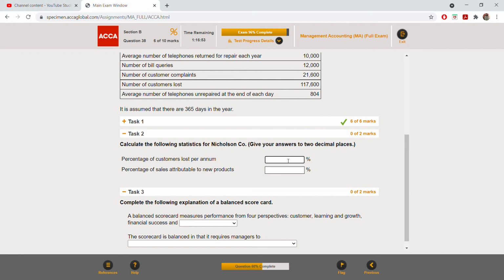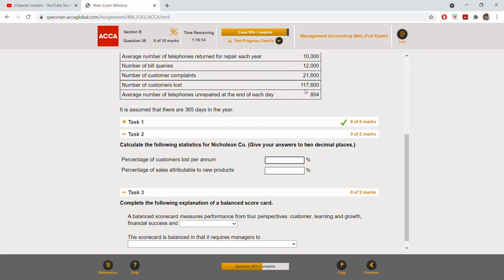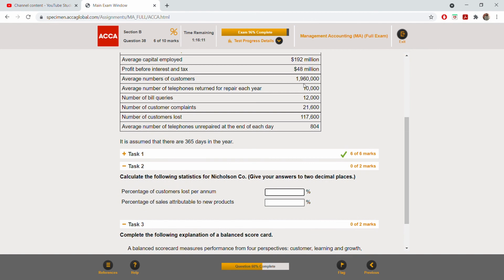Okay, this is something which has to be very easy for you. All the formulas have to be at the tip of your fingers. You have to know it. What is it? Percentage of customers lost. Okay, so what is the formula? Number of customers lost divided by average number of customers. So how many customers are lost? Number of customers lost is 117,600 divided by the average number of customers. What is the average number of customers? It is 1960. So the total, it will be,